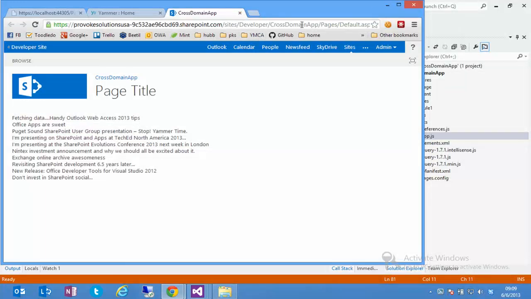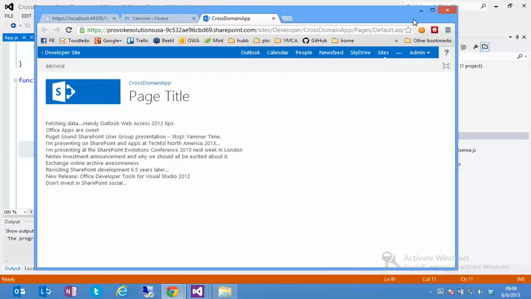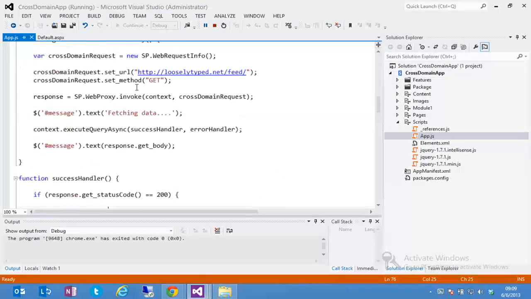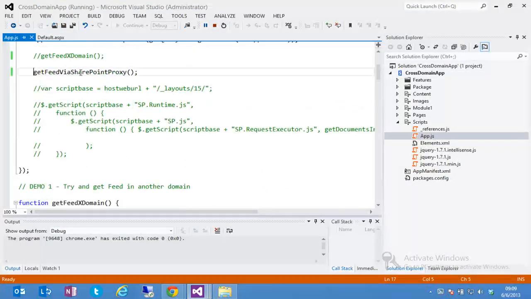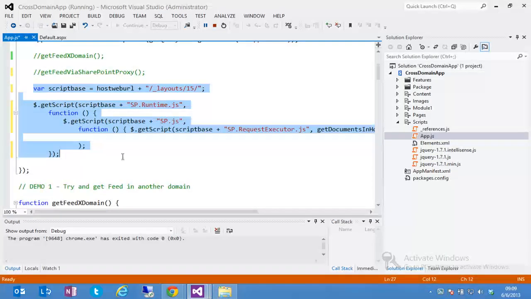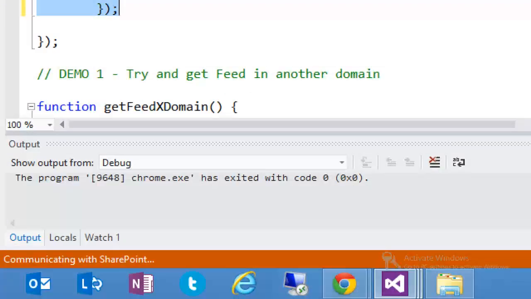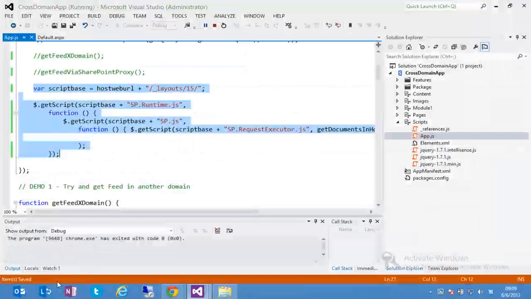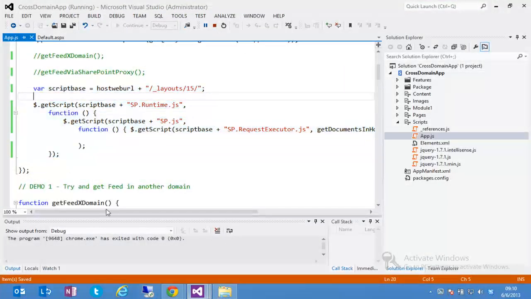One other tip, actually I don't mention this in the slides at all, but when you're running a SharePoint hosted app, you don't have to stop debugging to change stuff. So if you're not aware of this, you can just jump back into Visual Studio, cruise back up to here and say, I want to move on to the next part of my demo, comment that out, comment this in, hit Control S, and if you watch in the bottom left of the window, it says communicating with SharePoint. As soon as you hit save, Visual Studio is monitoring your files, and it will grab them and save them back up to SharePoint on the fly. And so I'm still debugging. Okay,